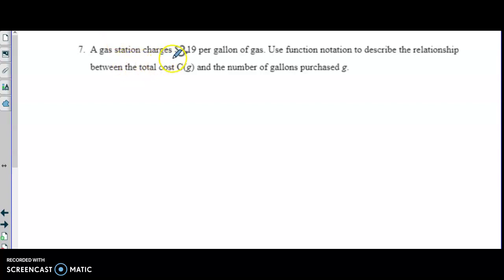A gas station charges $3.19 per gallon of gas. Use function notation. And by the way, function notation just means you're going to have like f of x or g of x or something like that. So use function notation to describe the relationship between the cost, C of g, and the number of gallons, g. So the total cost, C of g,